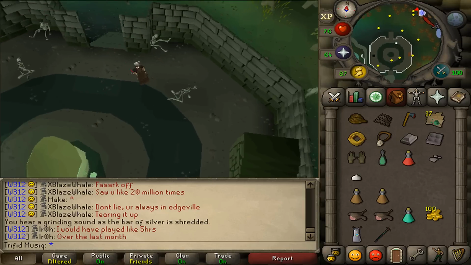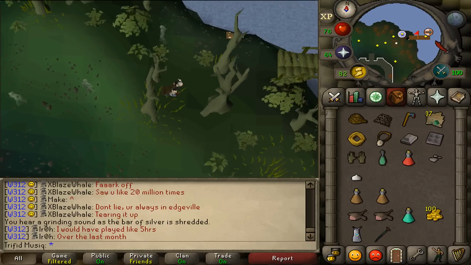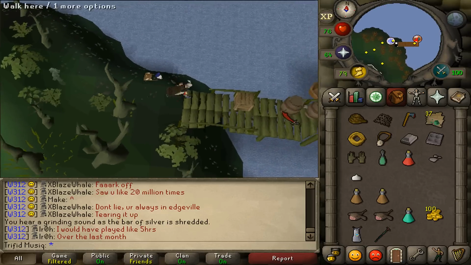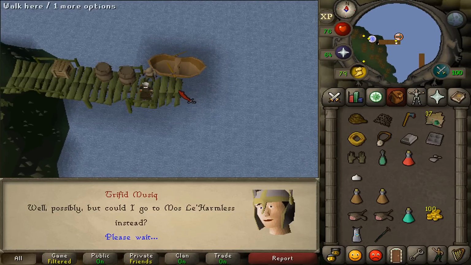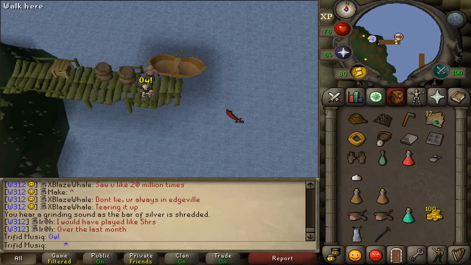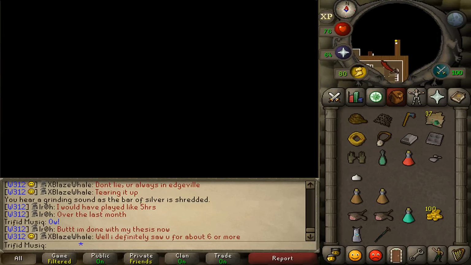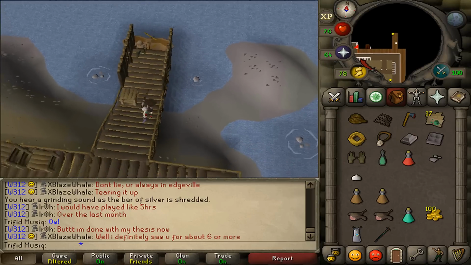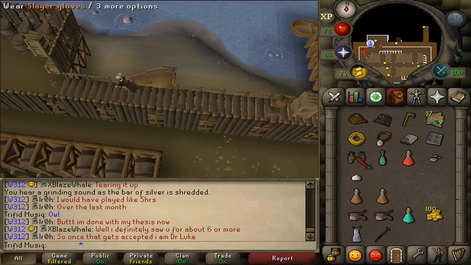Now let's kill a fever spider. Therefore we'll need to go to Braindeath Island, just like during the Rum Deal quest. Let's talk to Parrot Pete. Alright, once we have arrived, let's go to the northwestern corner, climb down the ladder and equip our Slayer gloves